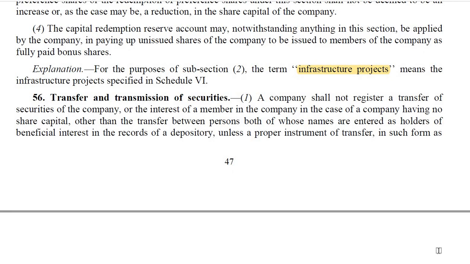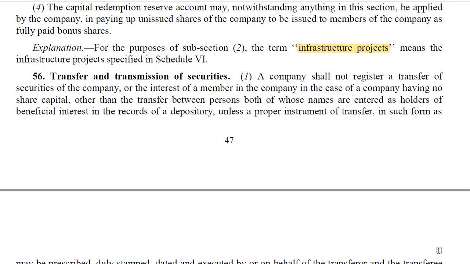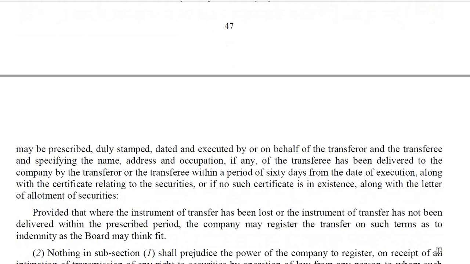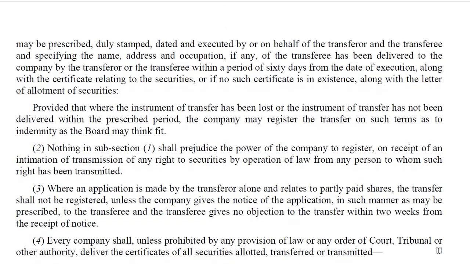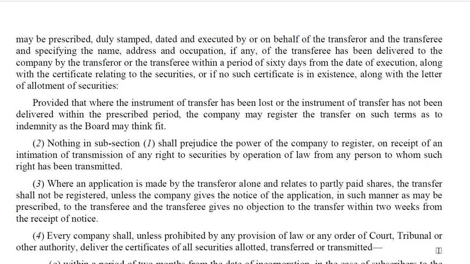Transfer and transmission of securities. A company shall not register a transfer of securities of the company or the interest of a member in a company in the case of a company having no share capital other than transfer between persons both of whose names are entitled as holders of beneficial interest in the records of the depository, unless a proper instrument of transfer in such form as may be prescribed, duly stamped, dated, executed by or on behalf of the transferor and the transferee, and specifying name, address and occupation,